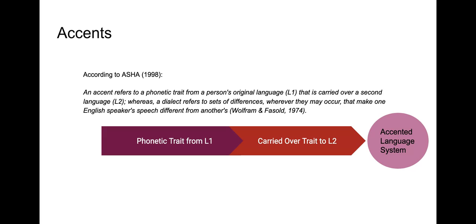Okay, so it's a trait from a language that carries over to a second language, because the two phonetic systems are not direct mirrors of each other. Whenever there are two different phonetic systems, you're going to have an accent unless you can learn to acquire the phonetic system as a native speaker would of the second language that you're learning. To clarify, an accent is a speech sound trait that hangs on once you're learning another language, because you're still utilizing the phonetic system of your original language instead of adopting the true phonetic system of the language that you're learning.